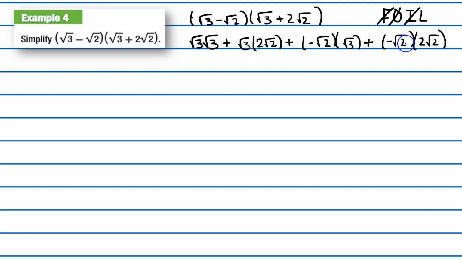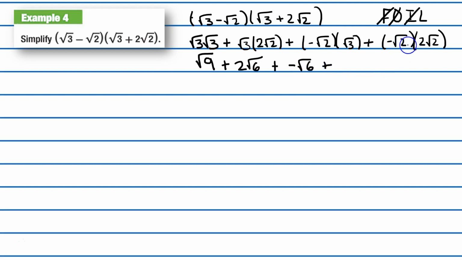Alright, so let's simplify what we have here. We have the square root of 3 times the square root of 3. We can combine those because of the properties we talked about earlier. That's a square root of 9. We can continue simplifying this, but we'll do this in the next step. Plus, here we multiplied the square roots, so we can say 2, and then 3 times 2 gives us the square root of 6. I'm going to say plus, and then once again these can be combined, so 2 and 3 multiply to be 6, so negative square root of 6 plus,